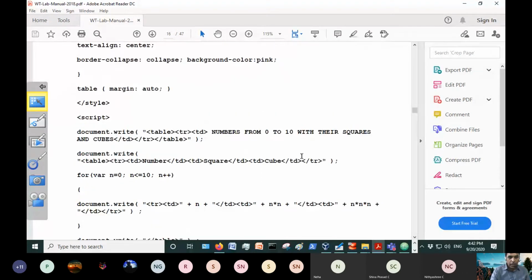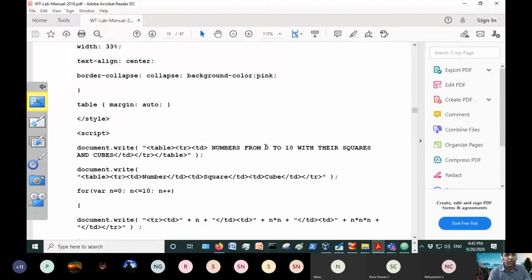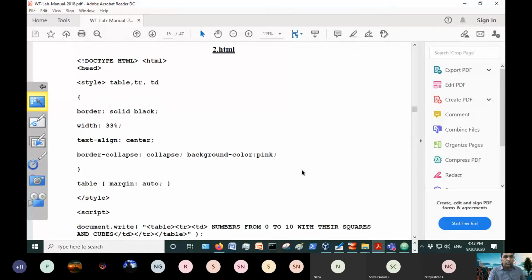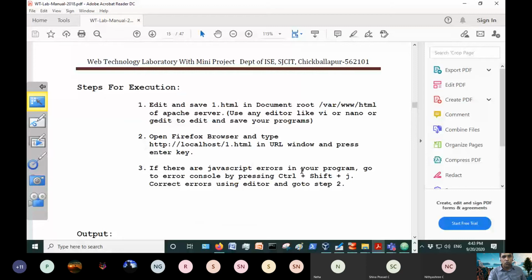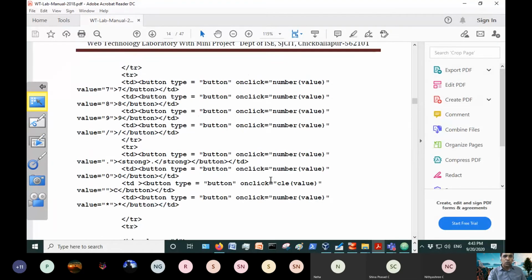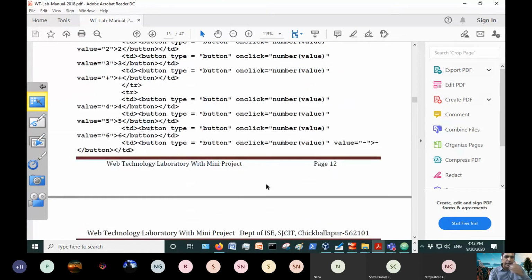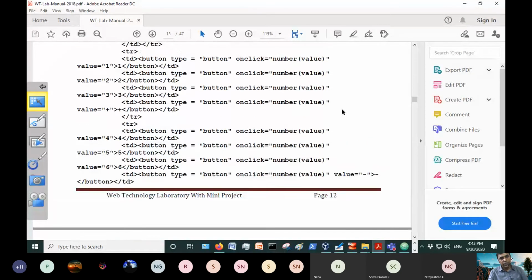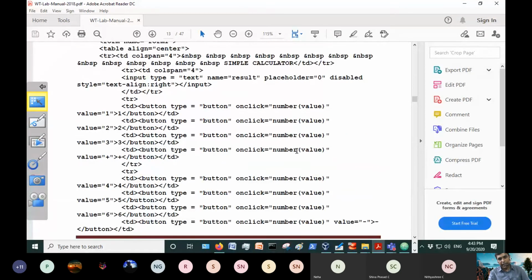I have explained this because the JavaScript was so simple and didn't contain much. But if you consider the first program, though I don't go into it now, note that the same thing applies: TD and TR are all used. We have used the table tag, and also HTML forms. I will come to that later, when we go for theory on tables and forms in the second module. Then probably we can take this example.